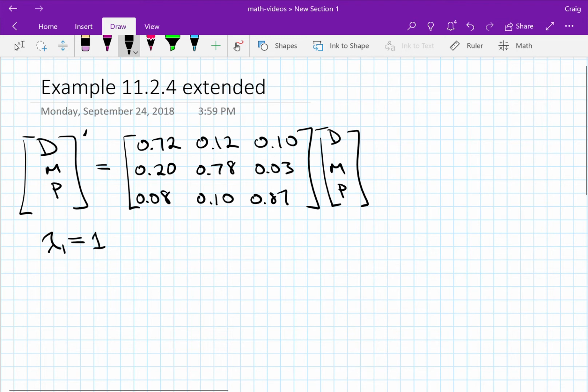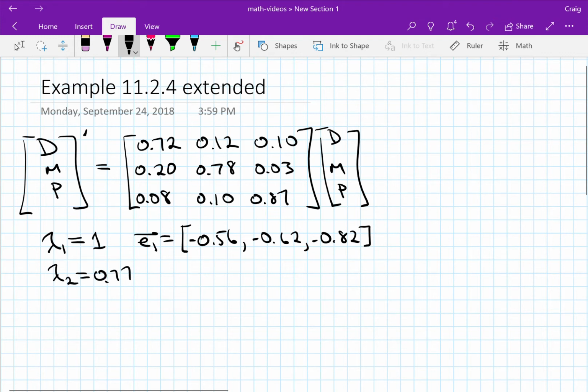And the eigenvector for that eigenvalue was 0.56, negative 0.56, negative 0.62, negative 0.82. Another eigenvalue was 0.77, and the associated eigenvector was minus 0.09,